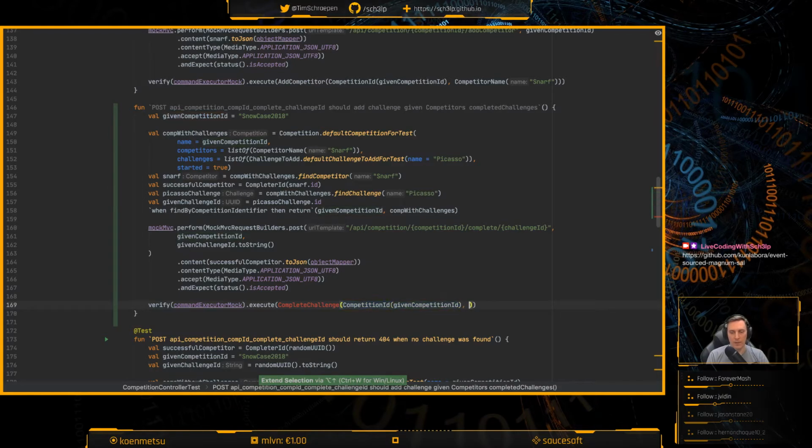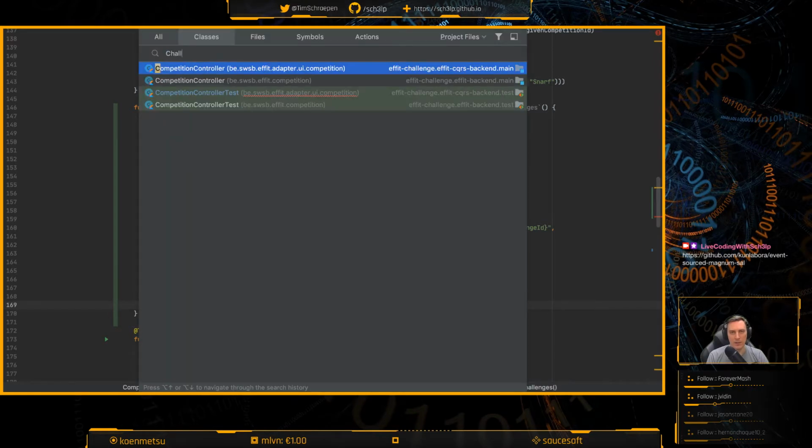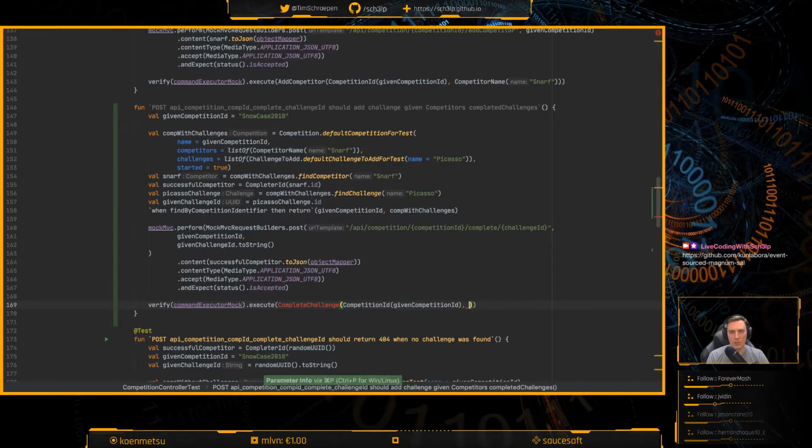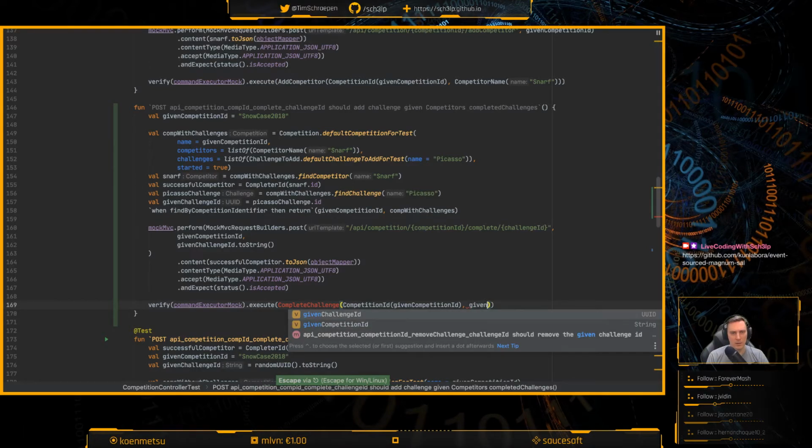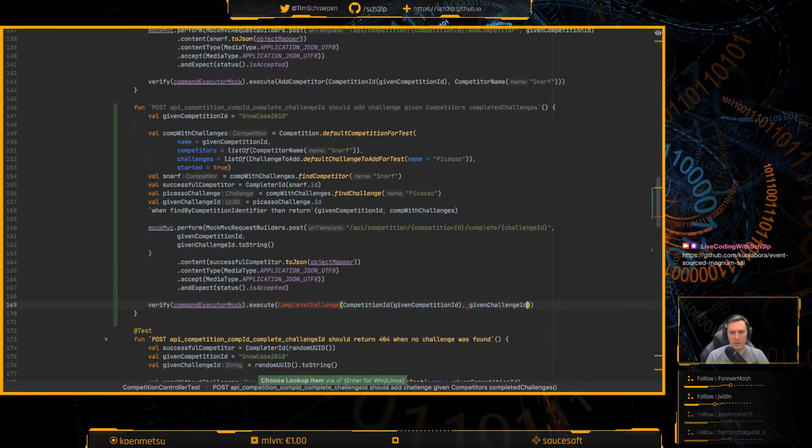All right. Then I'll need a challenge ID. And I don't know if I actually have a challenge ID. I do not. So that should be just the UUID. Where is it? Given challenge ID. This thing. Where is it being set up? Ah, over here. Okay.